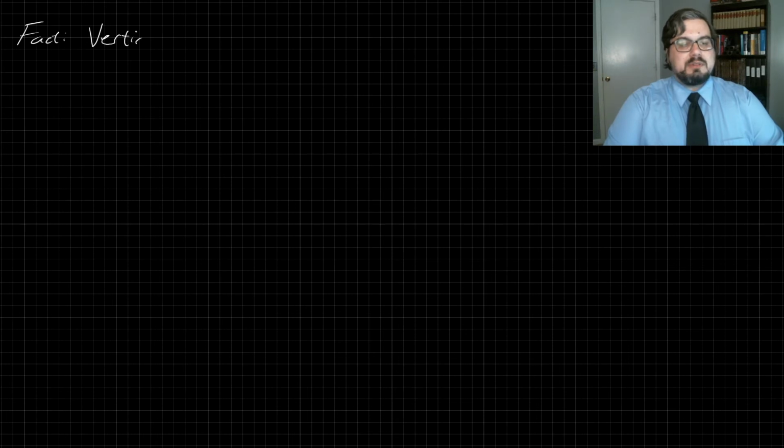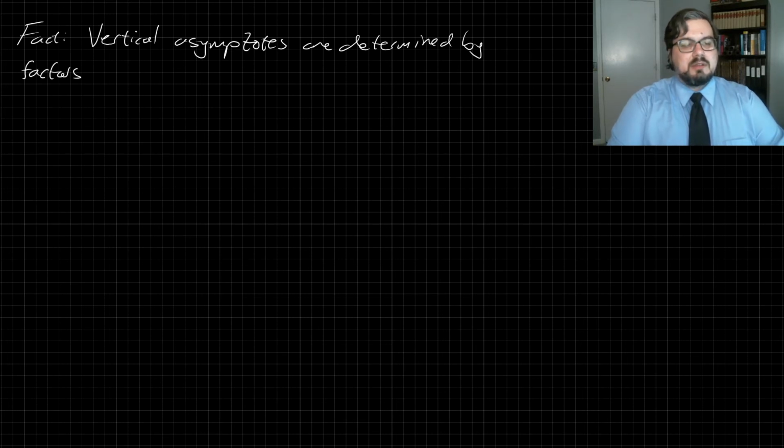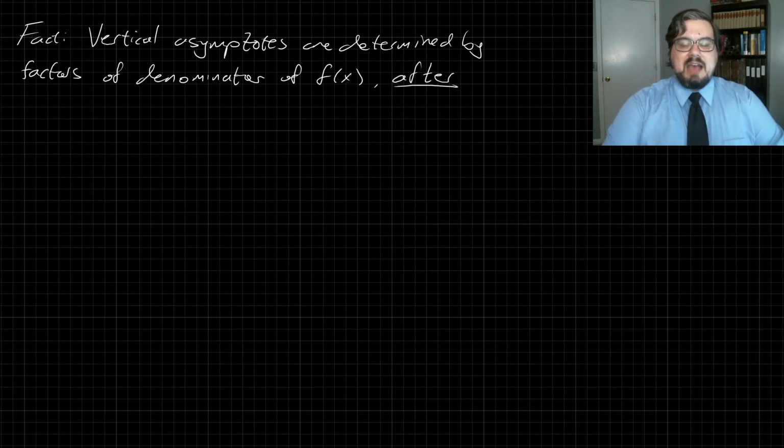Vertical asymptotes are determined by the factors of the denominator of the rational function f of x. Importantly, though, this is after reducing. That is, after simplifying. So, more precisely,